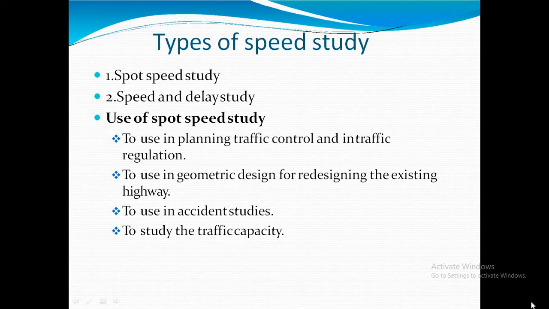Speed studies are carried out occasionally to give the general trends in speed. There are two types of speed studies carried out here: one is a spot speed study, and another one is the speed and delay study. So some of the uses are here. Uses of spot speed study: to use in planning, traffic control, and in traffic regulation,